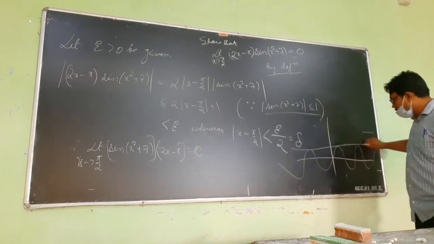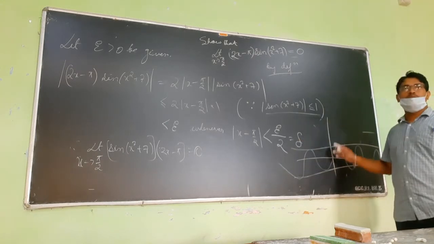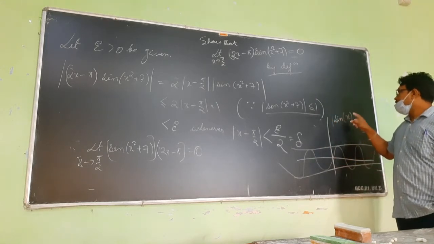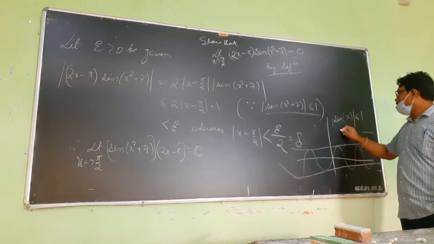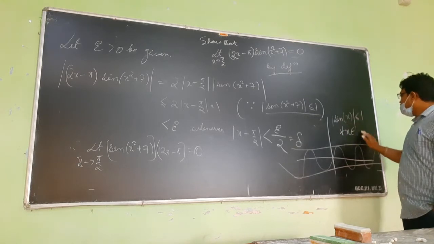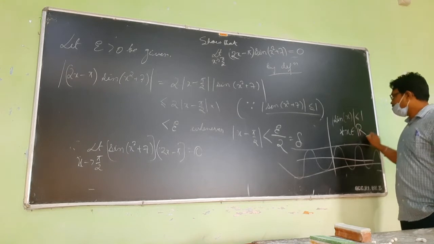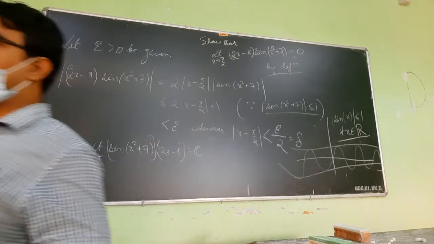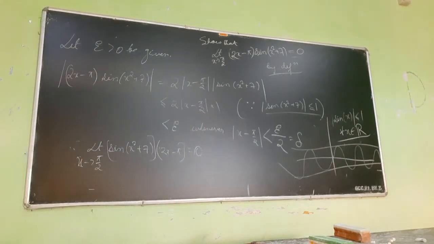The value of sin x always lies between minus 1 and 1. So mod of sin x, whatever be x real, is always less than or equal to 1, for every x inside the set of real numbers. If we go to the complex number system, in that case sin z is unbounded. It is 6th semester complex analysis. Sin z, cos z, everything becomes unbounded in the complex number system. Real numbers, they are bounded.